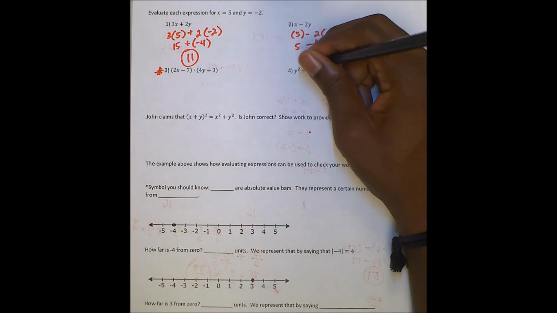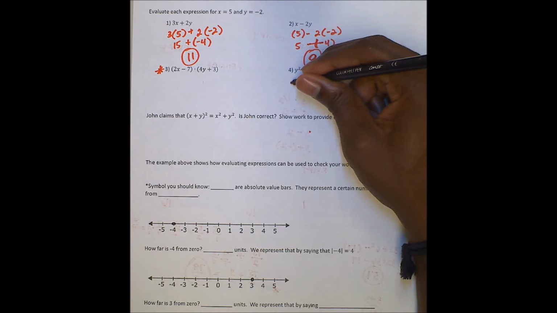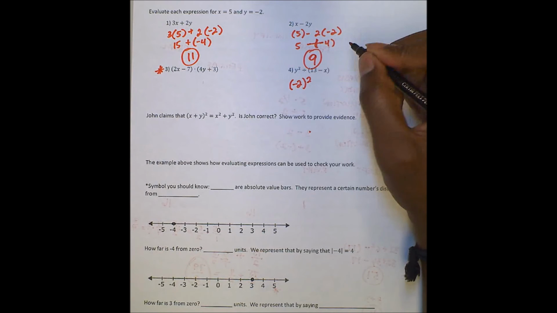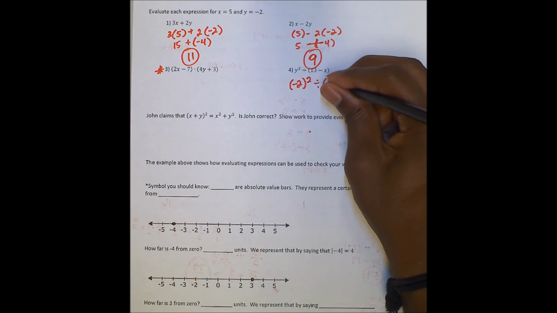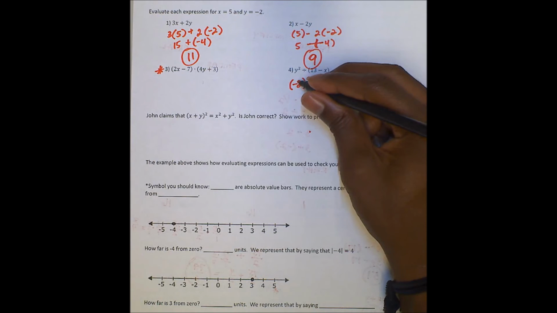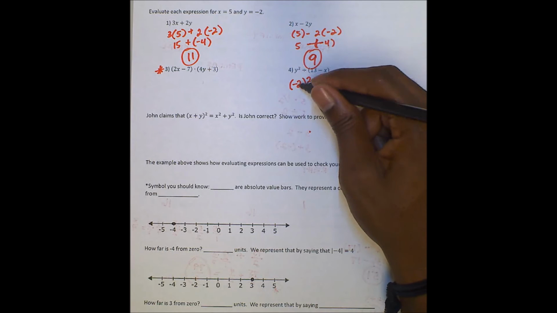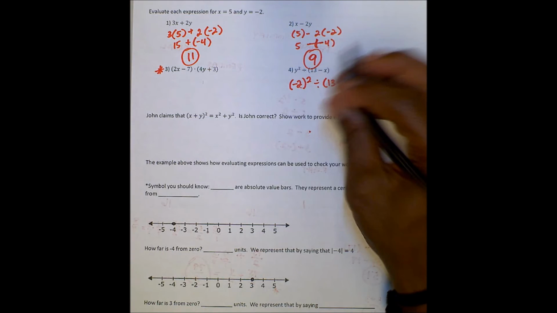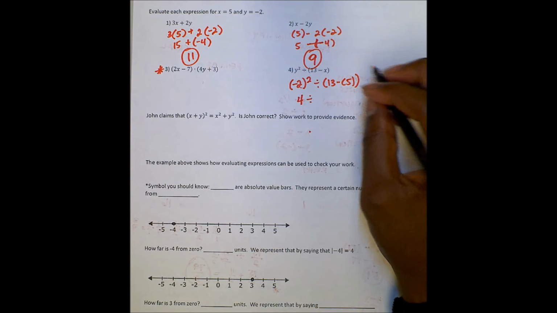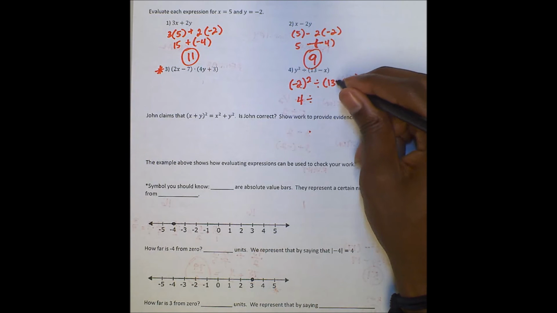Number 4. Here's where it's really important to be plugging it in using parentheses, especially if you're using your calculator. Your calculator, if you just put negative 2 squared, will tell you the answer is negative 4. If you put it in parentheses, even your calculator will know, oh, this is negative 2 times negative 2, because it's squaring it. And so that answer will be 4, divided by, because we'll want to do these parentheses now,